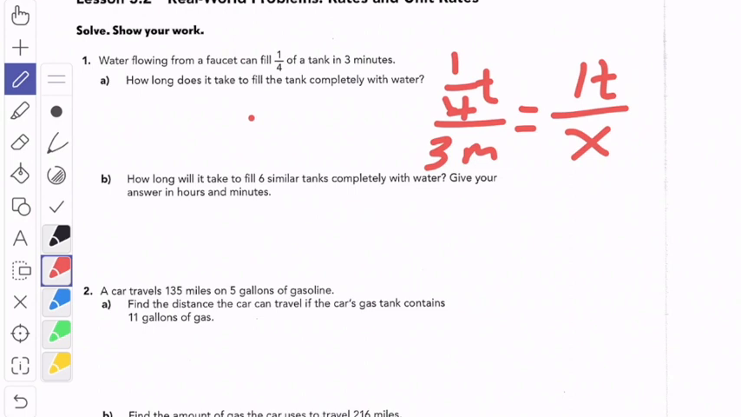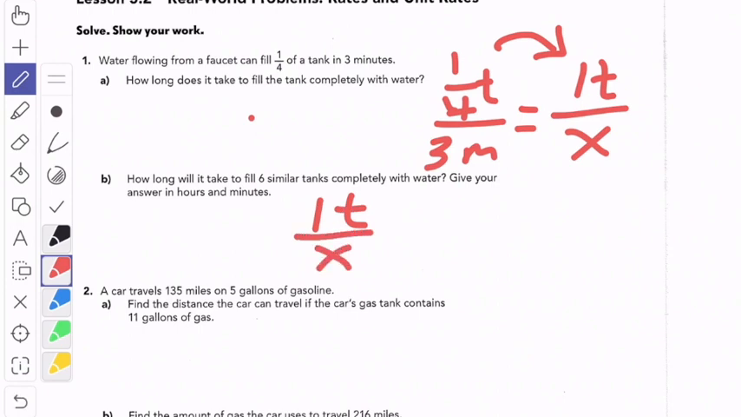So what you're going to do is try to figure out an equivalent fraction. How do you get there? You have a quarter to a whole. So think about how many quarters are in the whole. All right, so for B, whatever you get as a unit rate, so it's 1 tank over what's your answer